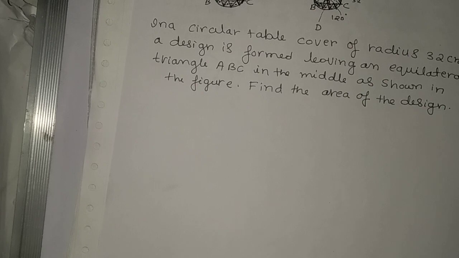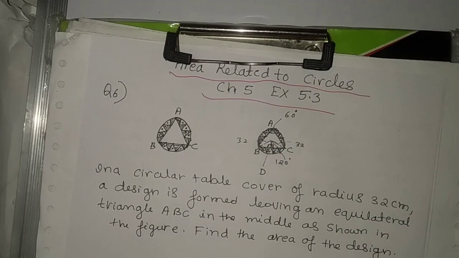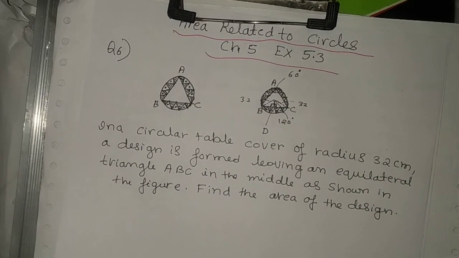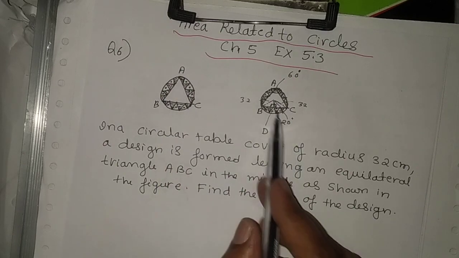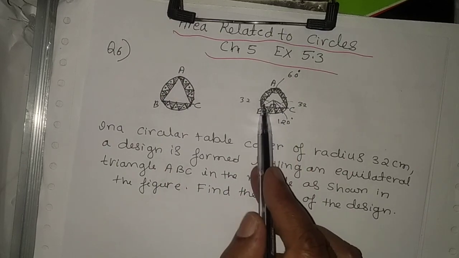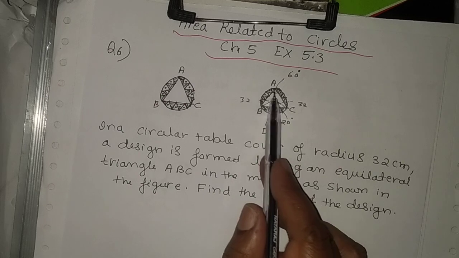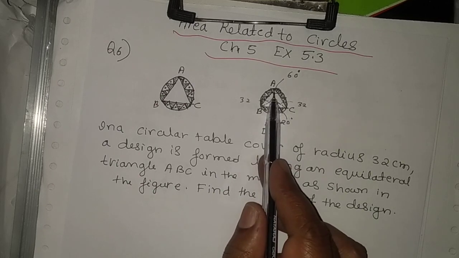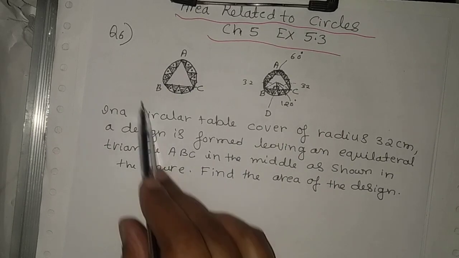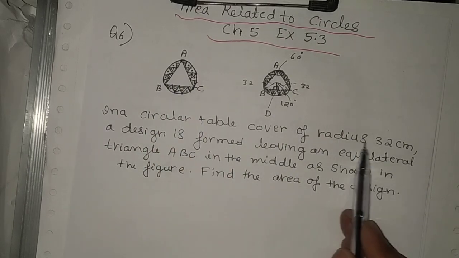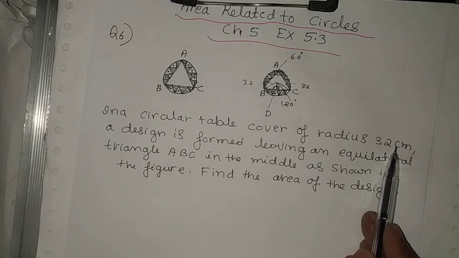So we move on to the next one, that is the sixth problem. So this is the sixth problem. A circle is given, see, these parts are shaded. Here a triangle is there inside the circle, and this is an equilateral triangle, ABC. I'll explain later. In a circular table cover of radius 32 centimeters, a